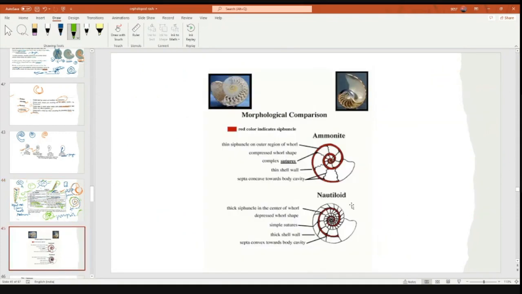So this is another image. Here the nautiloid is not that much curved. It should be quite straight, or yes, loosely coiled, right? Loosely coiled. So don't go through this diagram. Just focus: this red one is the siphuncle. Okay. So the siphuncle in the case of ammonoids is totally marginal, right? These are marginal. But in the nautiloids, these are at the center.